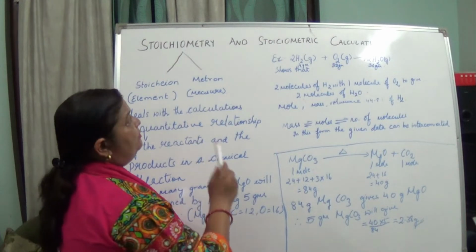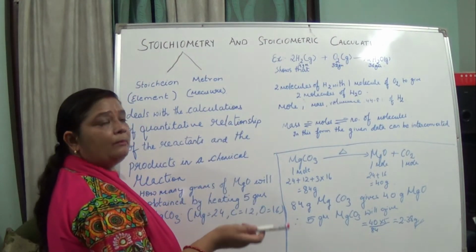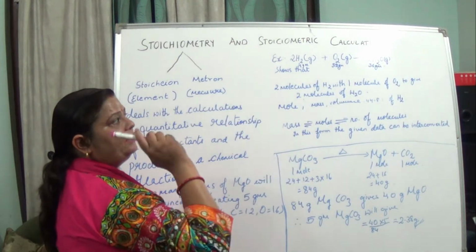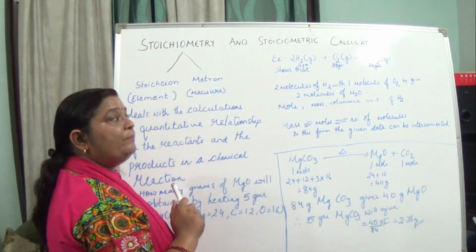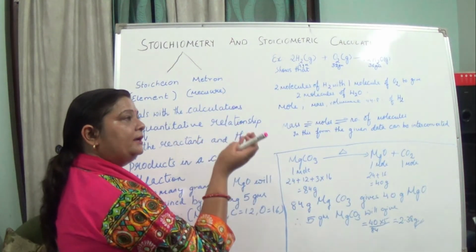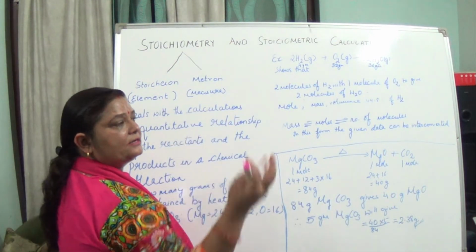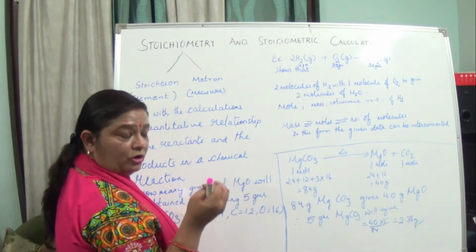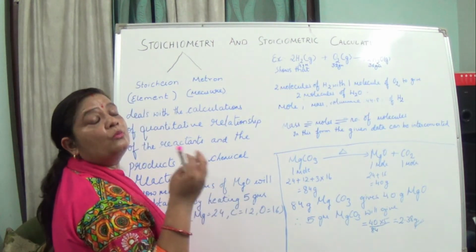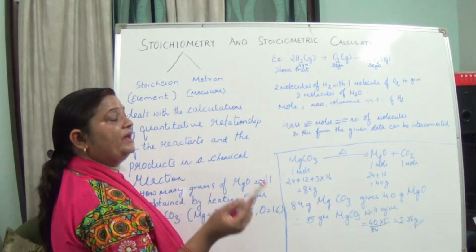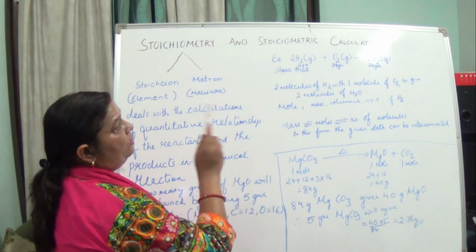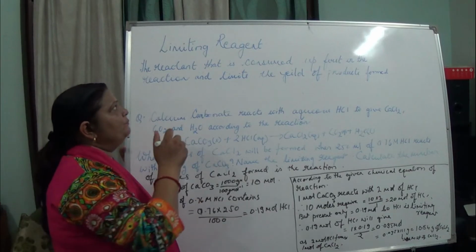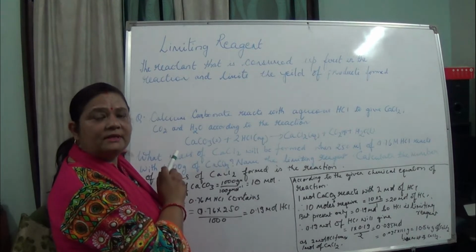This can also be used in a number of numericals, by relating mass with mass. Suppose the mass of one of the reactants has been given, and the other is also given, and we can obtain how much product we can get. A mass-volume relationship can also be taken, and a volume relationship also. So the numericals can be calculated with the help of stoichiometric calculations.